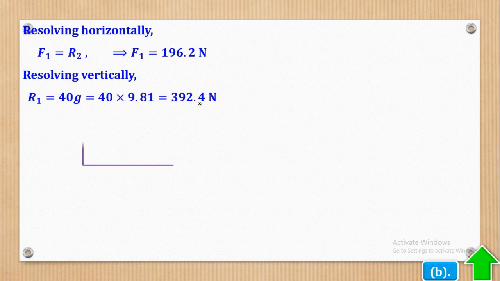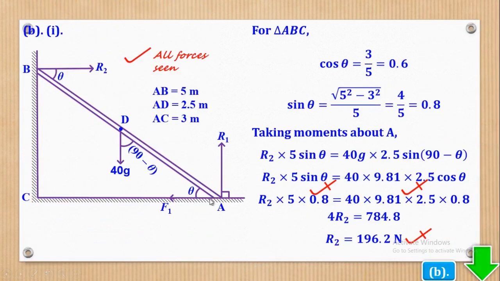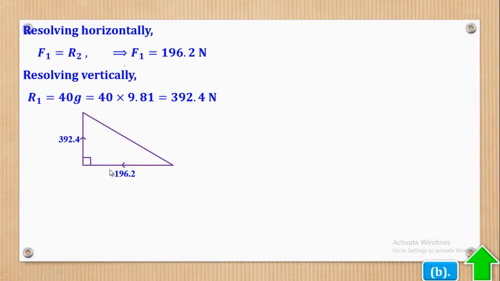So now that I've got R1 and R2, I'll come and draw my right angled triangle and put the horizontal component, then also the vertical component. Now how is this diagram drawn? You start with the horizontal component. If you look at F1 in the diagram, you realize that F1 is going to the left and this R1 is going upwards. Therefore, when you're drawing your right angle triangle, you start with the horizontal, which goes to the left, and where